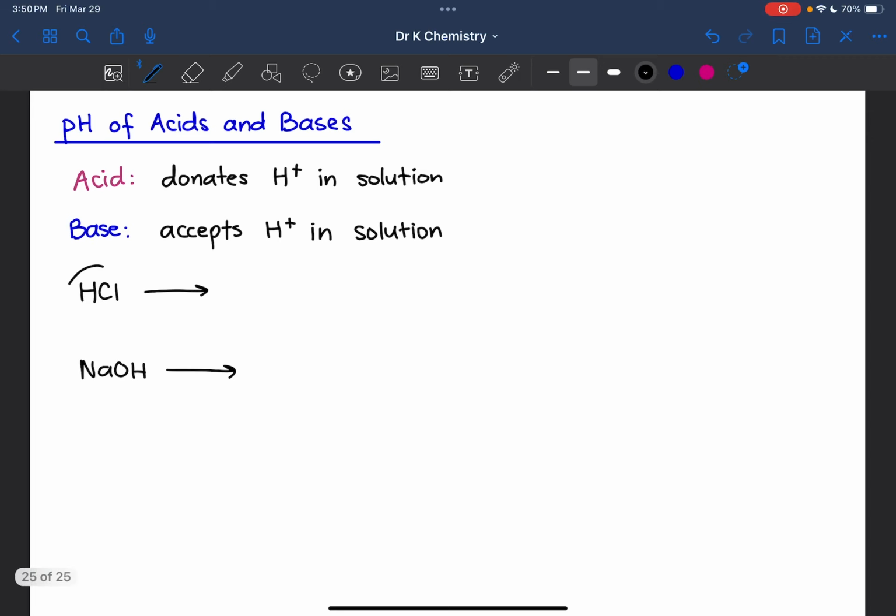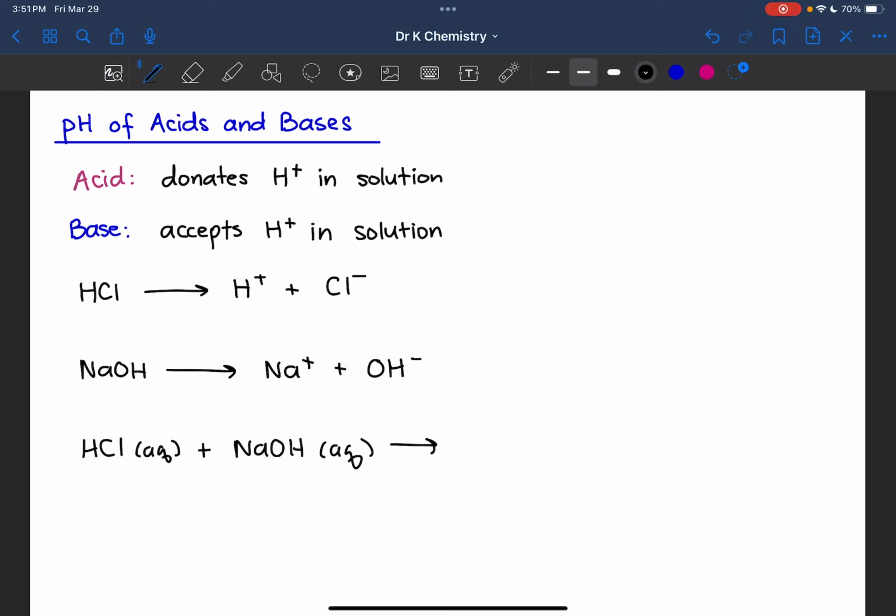So suppose we take hydrochloric acid and we put it into water. What's going to happen is that this compound is going to dissociate into the ions that it came from. So it's going to generate a hydrogen ion and a chloride anion. And if we were to take sodium hydroxide and did the same thing, we dissolved it in water, it would dissociate into the ions that it came from, meaning it would generate a sodium ion and a hydroxide anion. Now, if you were to mix these two substances together in the same flask, and I'm just going to indicate that they are aqueous because we are dissolving them in water,